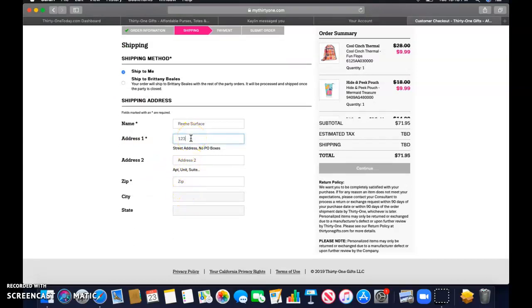So I'm actually going to put all that in. And like I said, this order for Renee is going under my party that I have going on. So even though I'm submitting this order now for Renee, it's not going to matter. It's not going to cause my party to close out or anything. So you are perfectly good there, because I know I had a couple people that were asking me about that. So I'm putting in her address right now, so bear with me,